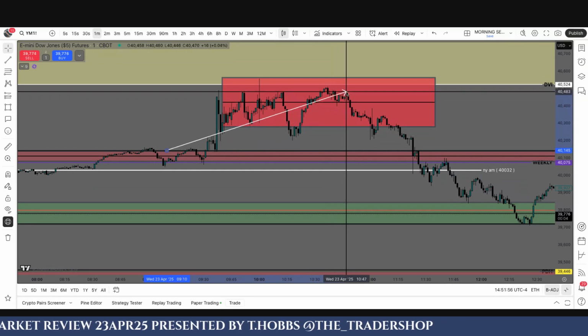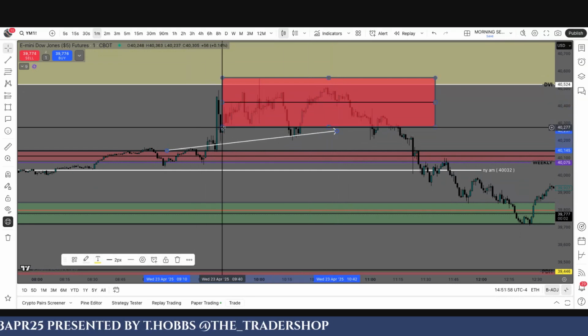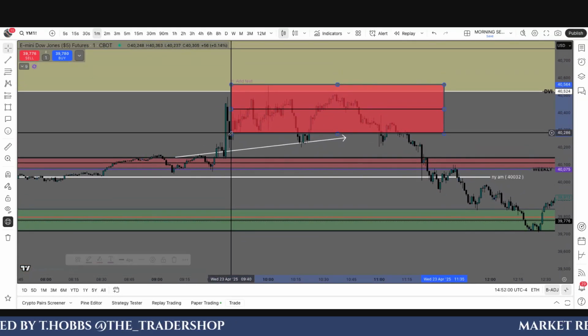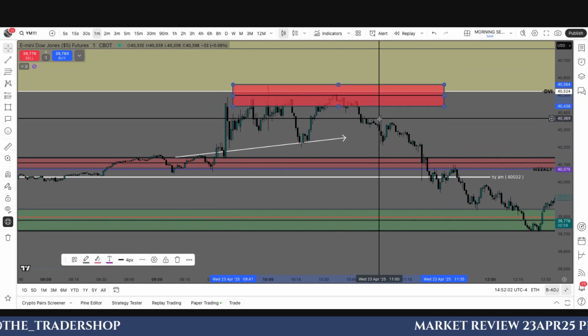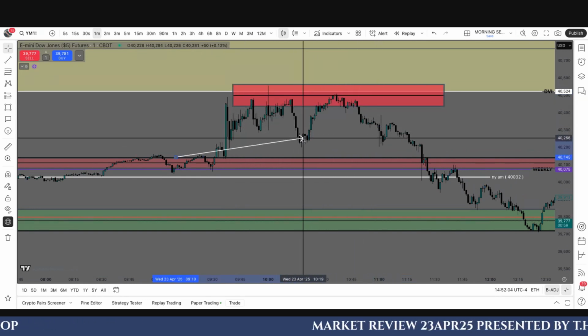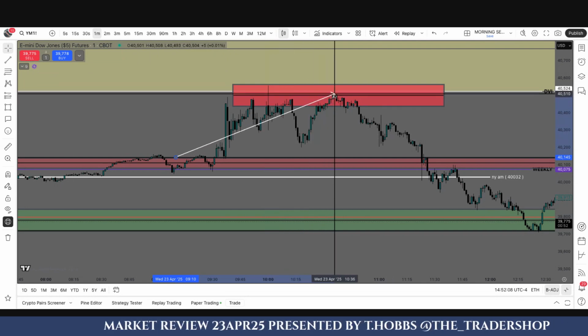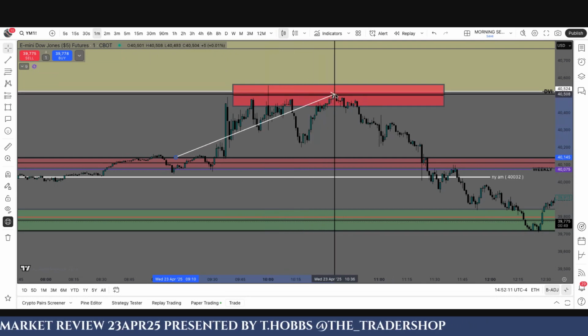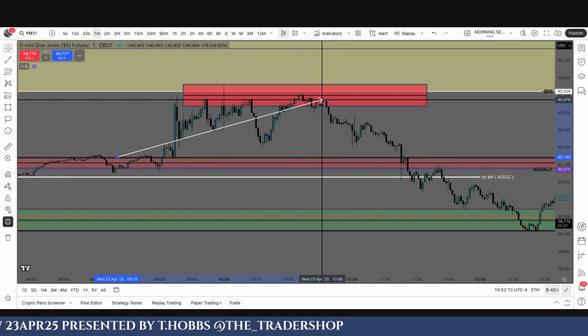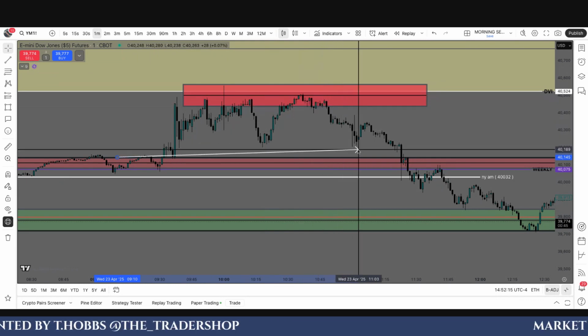This is where I'm taking the short right here. You could even bring this box up and use that wick. It's kind of like the same thesis. We break the low of the data wick right here at 300. We come back up into 50% of that wick, the CE or whatever. We come back and we make a lower high. You can even get it here. You can wait, get it here.